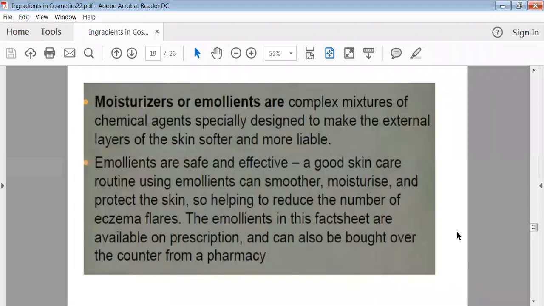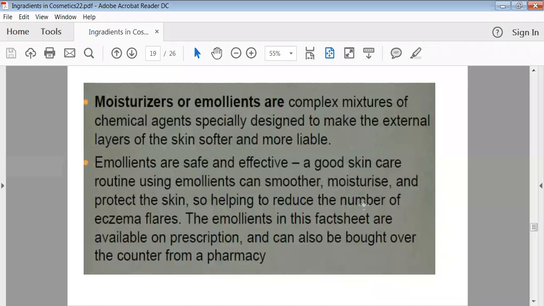Now after that, we'll see the emollients, which we add into various kinds of creams as well as ointments. Moisturizers or emollients are a very important ingredient for maintaining the required moisture and the required water content inside your product, as well as on your skin. That's why moisturizers as well as emollients are generally used in cosmetic preparations. These are also important ingredients like the others.